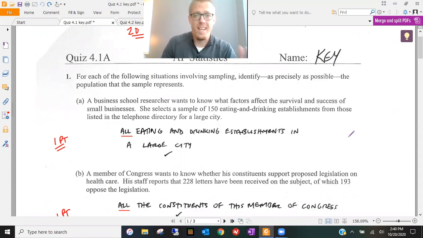So quiz 4.1, I can't say enough about chapter 4 in general and just the terminology. There's so many vocab terms. I think there's 40 plus on the Quizlet. Please do not assume that you got a 100% on the Quizlet, that means you're good for the vocab. You really need to know this stuff, and there's a lot of terms, and it's all coming really fast.